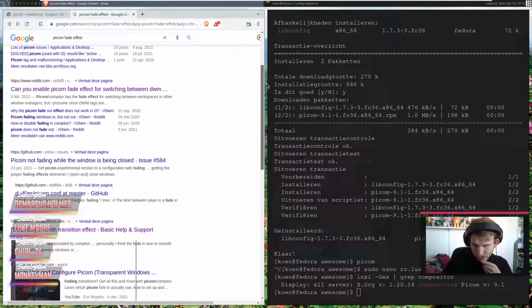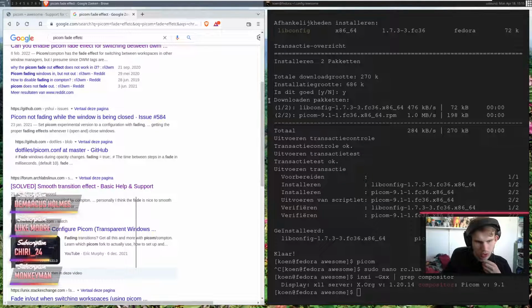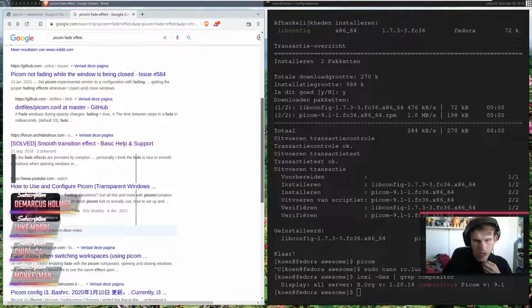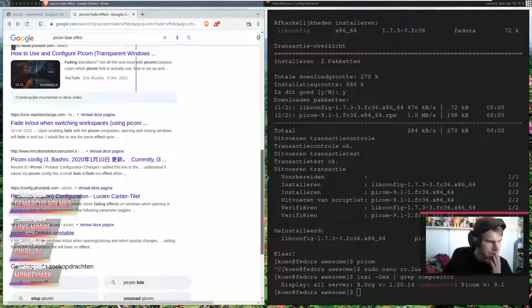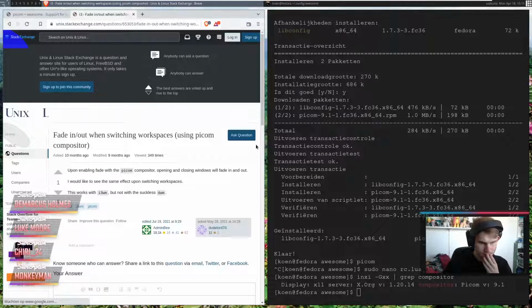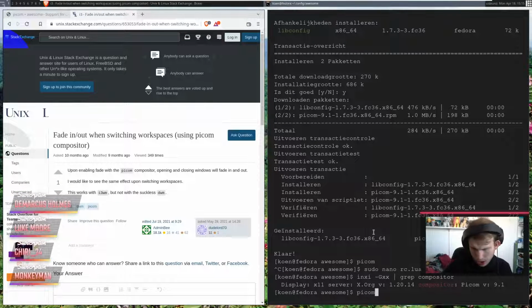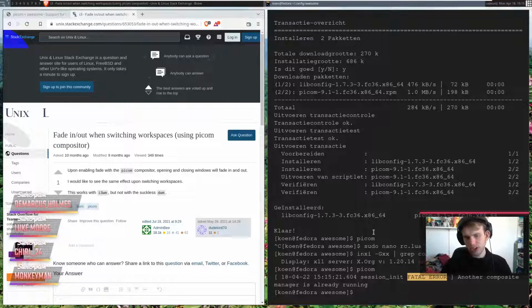There could be something severely wrong with this particular instance of Awesome Window Manager that's screwing this up, but I don't know. Yeah, it's still giving me that stupid error.